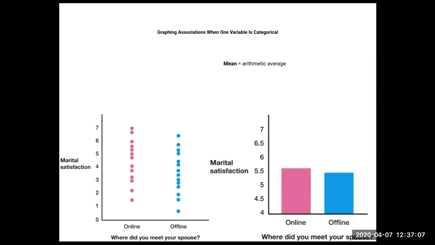So that's what it would look like if you were to try to make it a scatter plot, quote unquote. And yes, I did use air quotes when I did that. The best way to do this is represent it as a bar graph and get the means, or arithmetic average,